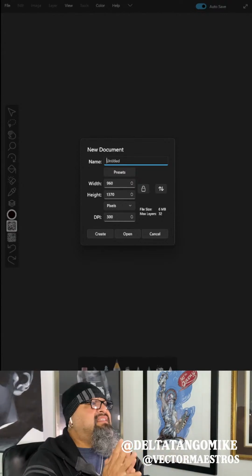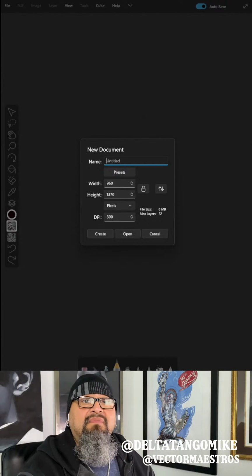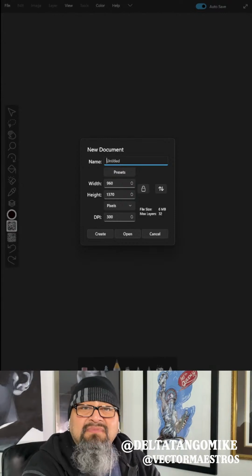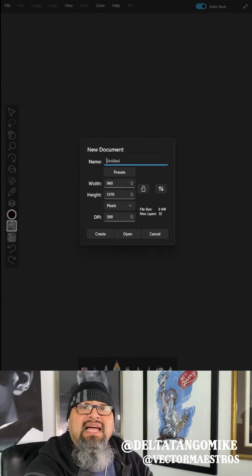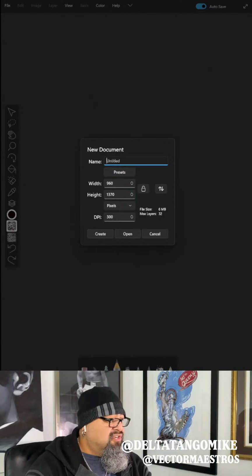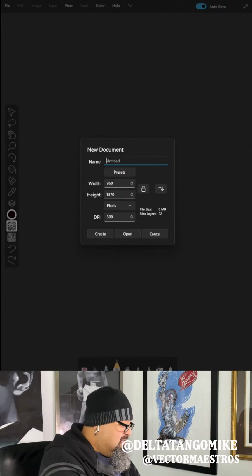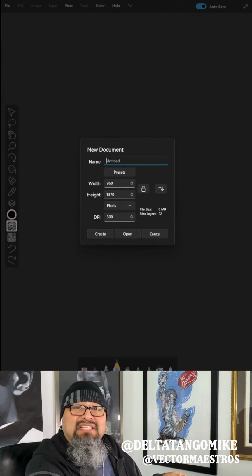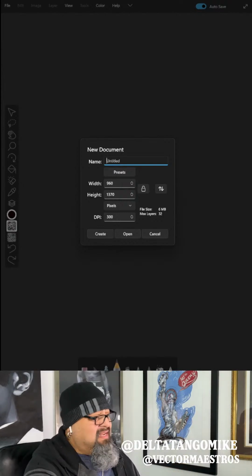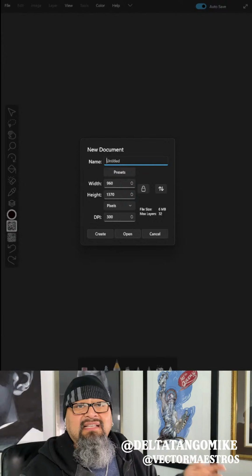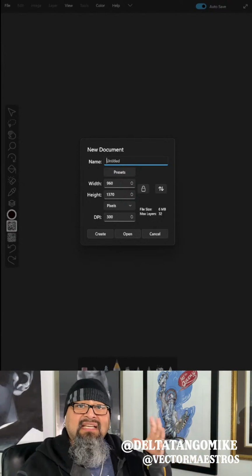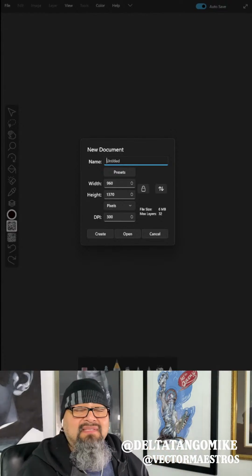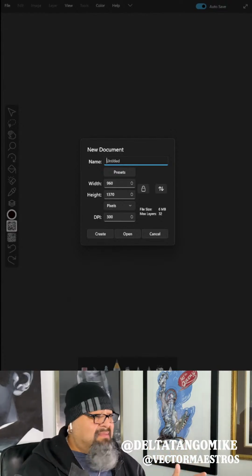Okay, so let's get started and jump in. What we're gonna do today is work on a comic book page. I'm always working on comic book pages when it comes to Sketchable because I like to start a fresh new drawing in Sketchable, because it's really easy to just sketch. It's funny, I say the word sketch a lot. Sketching is a process of just roughing out some ideas with a pencil, and Sketchable is the name of the app. It's crazy.